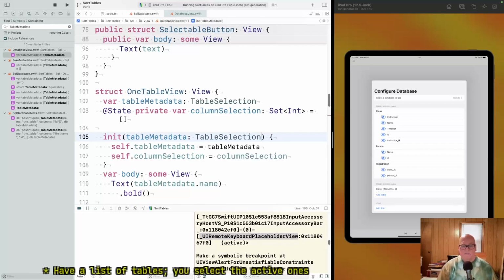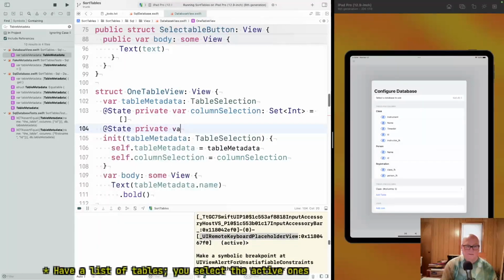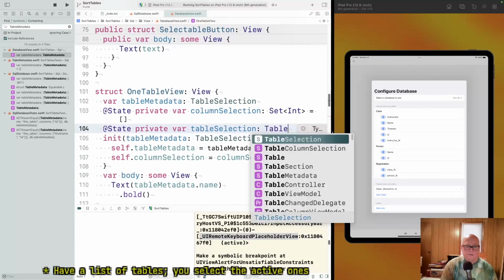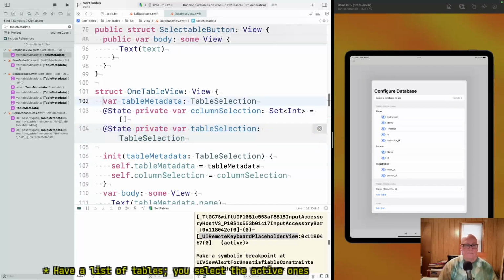Okay, so table metadata, and then I think I want this to be at state private var table selection of table selection. Put this back. Okay, and then